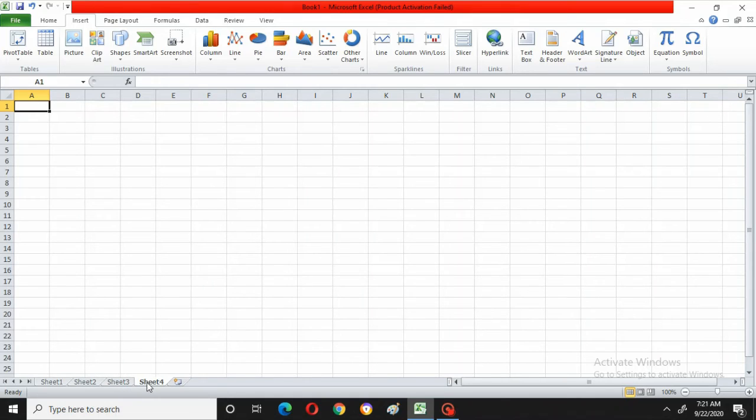See, when I click on this, automatically the 4th sheet has come. Can you see here? When I kept my mouse pointer on it, it is showing insert worksheet. And the shortcut key of that insert worksheet is Shift plus F11. If you press those keys on the keyboard also, you can create the worksheet. Now I will give a click on it. See, sheet 5. So now I have created 2 extra sheets. Like this you can create many sheets.